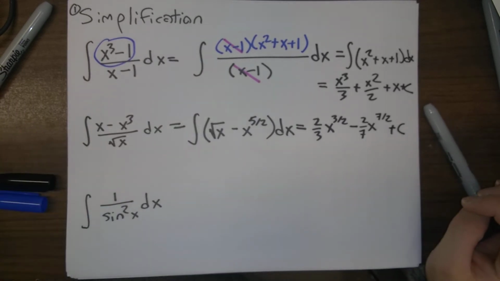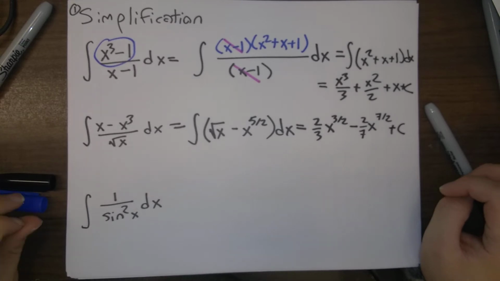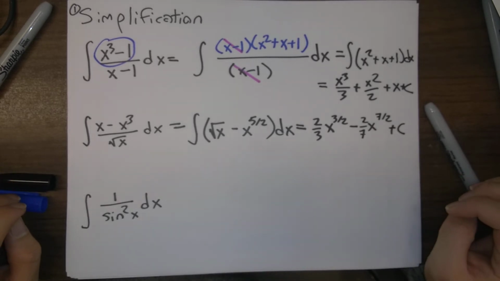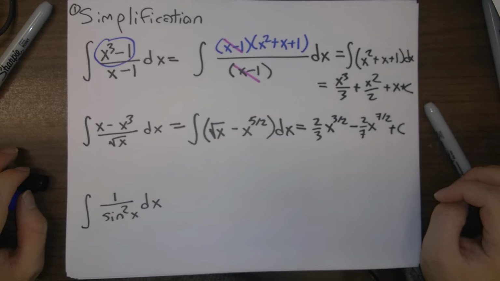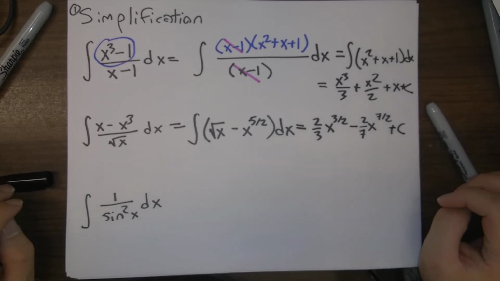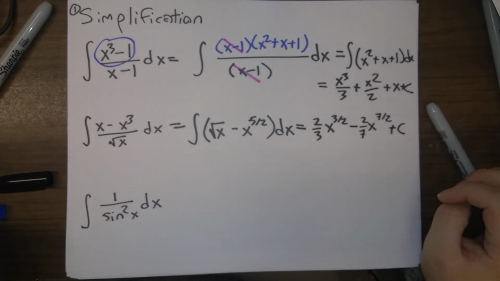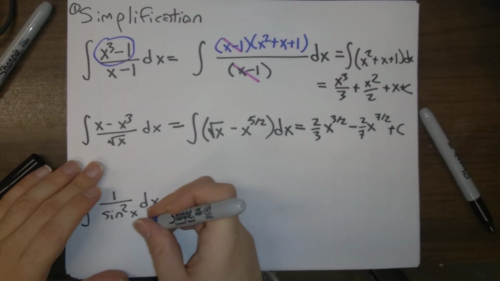A simplification of a different form, 1 over sine squared x, the antiderivative of that. So your mind might jump to section 7.2, how to handle it. You might say, oh, maybe we should apply a double angle identity to it, rewrite sine squared x as 2 sine x cosine x. Maybe you think, oh, we should replace it with 1 minus cosine squared x. But actually, there's a different simplification. It actually requires less writing here, which is that 1 over sine of x